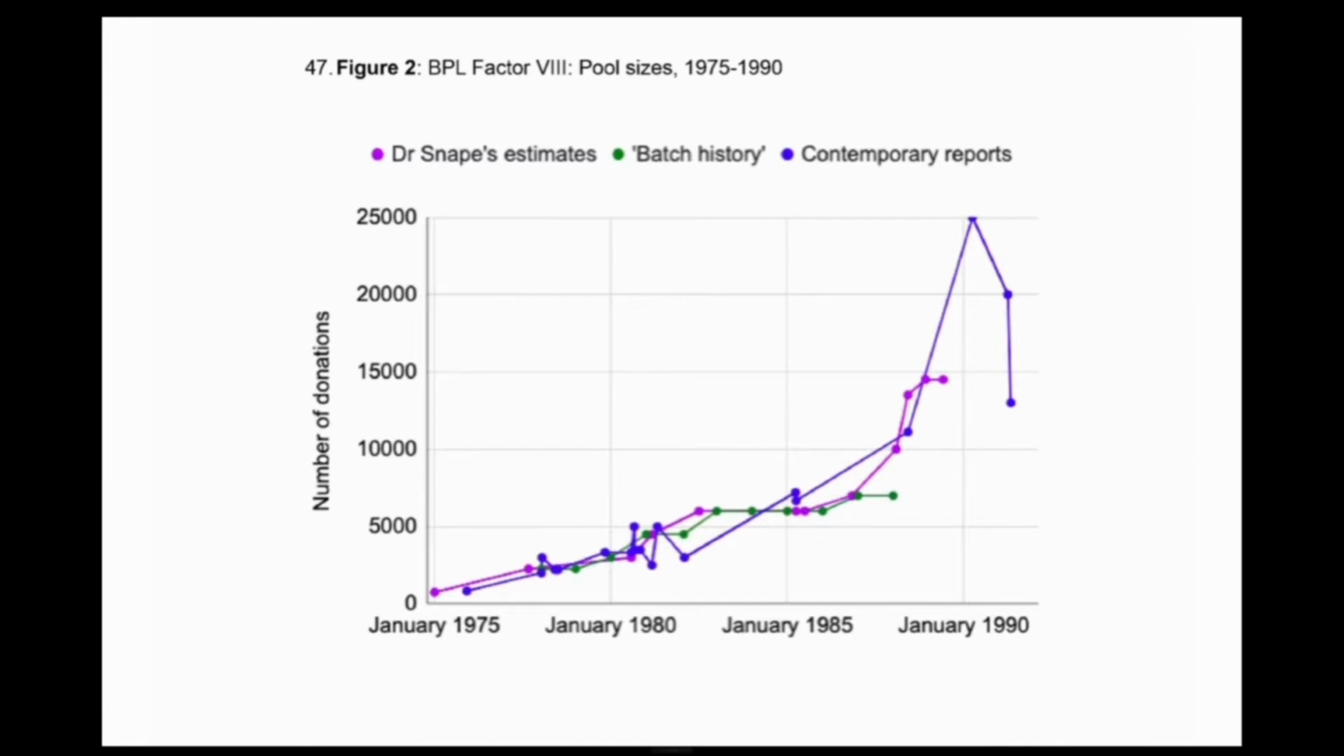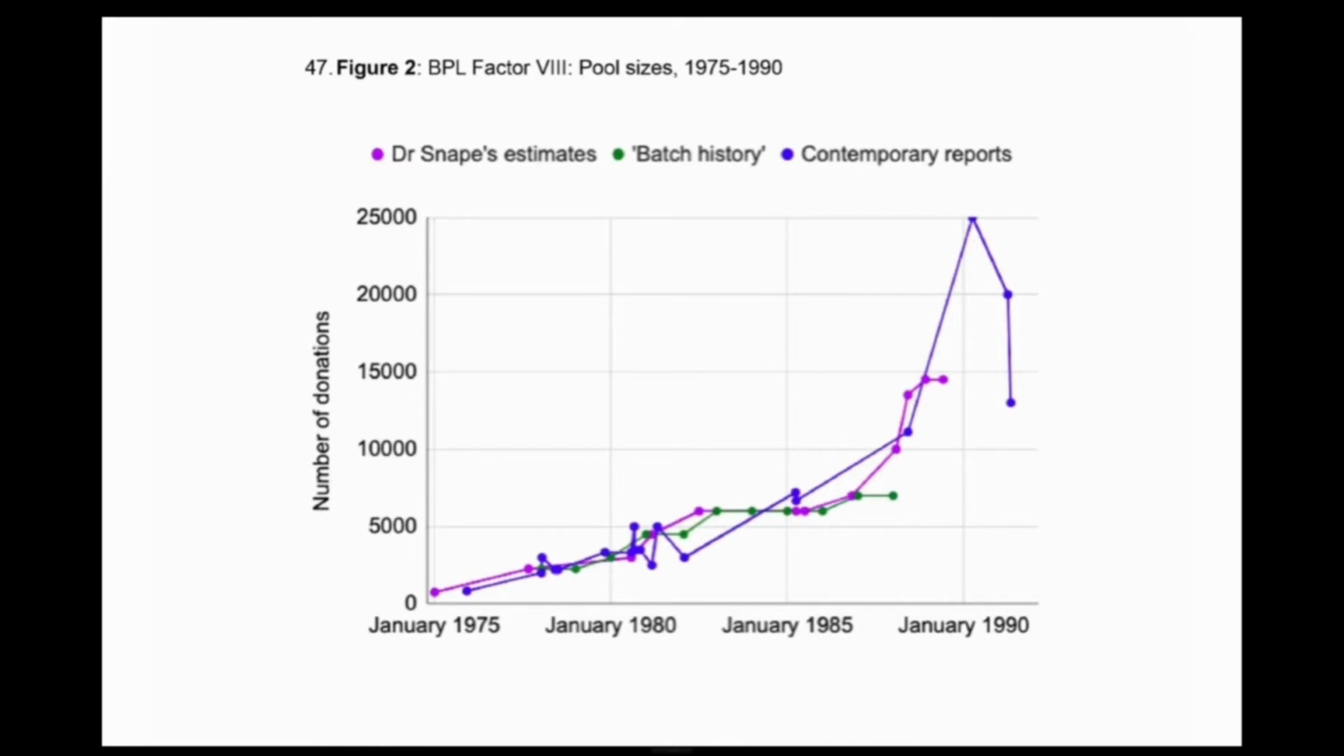The one in purple is drawn from Dr. Snape's estimates that we looked at earlier. The one in green is drawn from the batch history that we looked at earlier. And the one in blue is drawn from the contemporary records table, which is the table that we have just looked at. The point that I take from these figures is that they correlate fairly closely